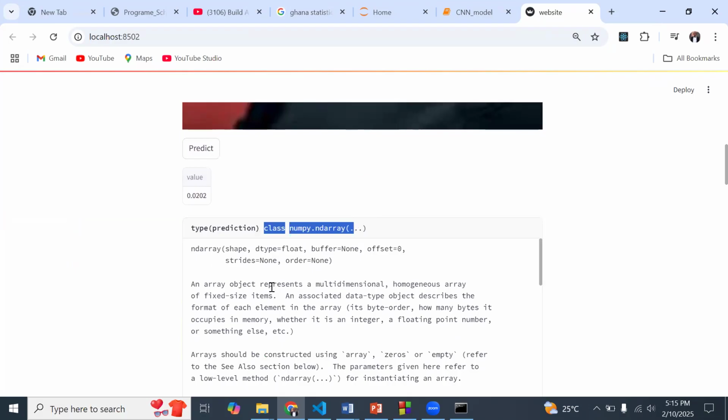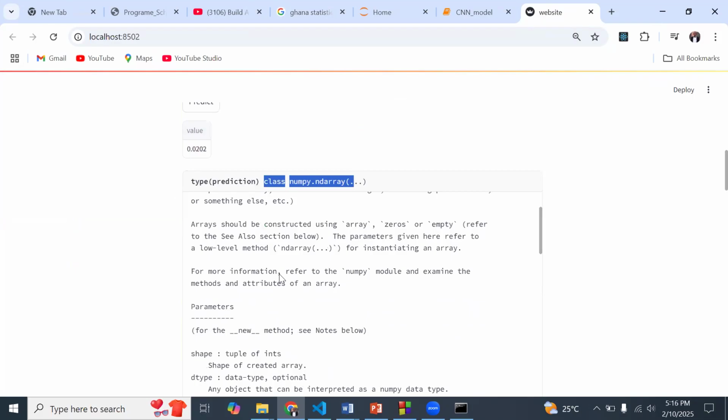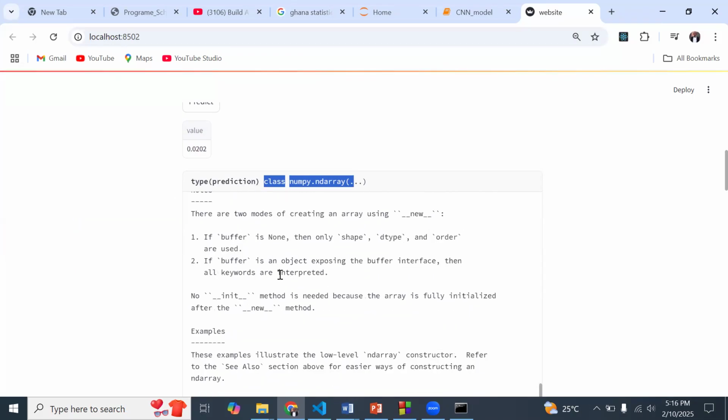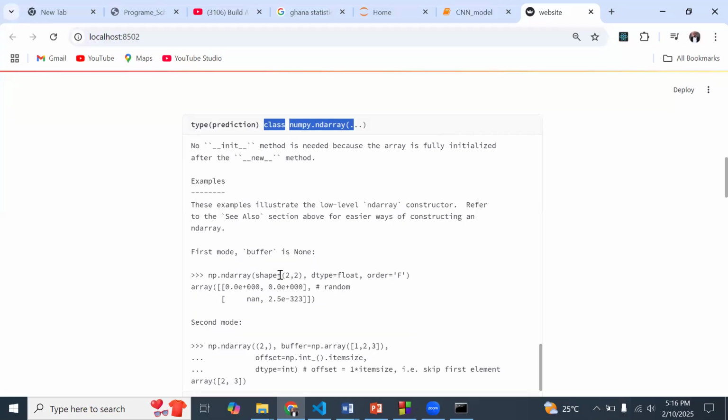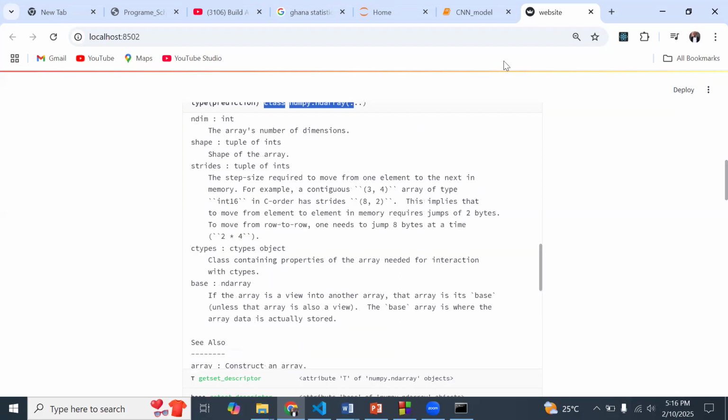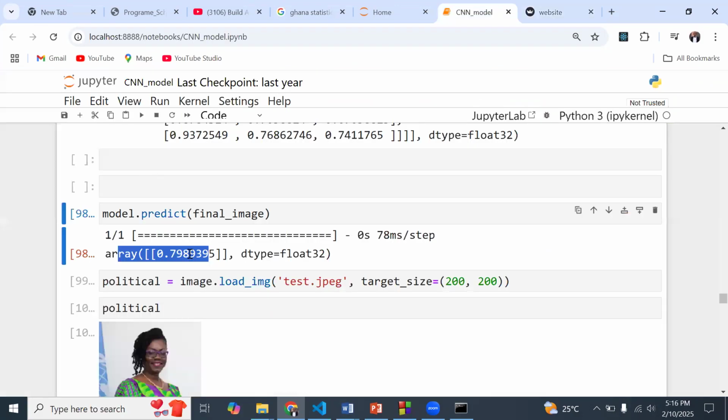Nothing has changed, but we get to see that it is a NumPy array like we saw, and it has some parameters, and this one is giving us a lot more attributes and a lot of things over here. So what we actually need in terms of our understanding is going to come from what we see over here, because it's the same thing from that same model.